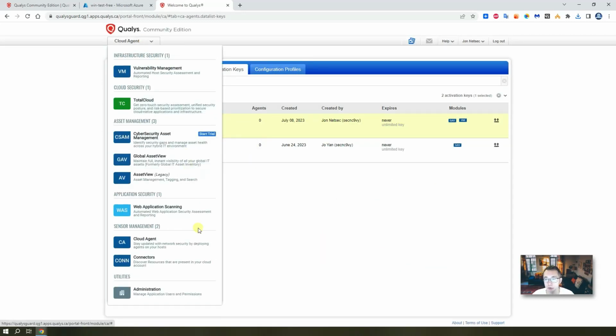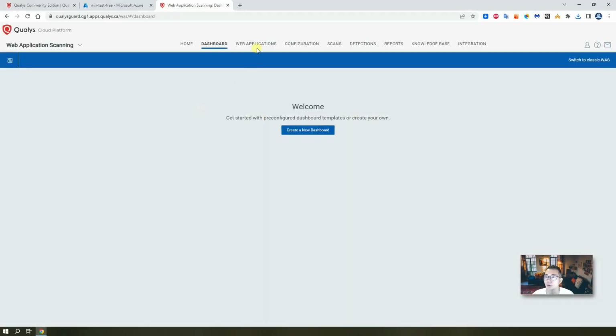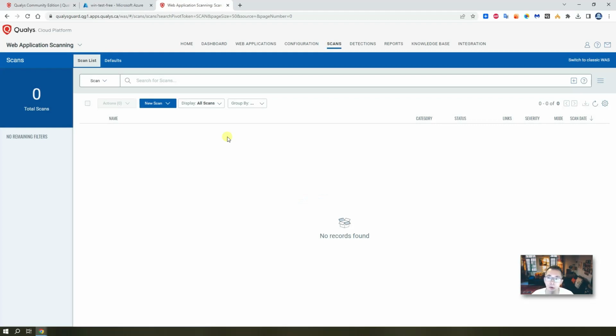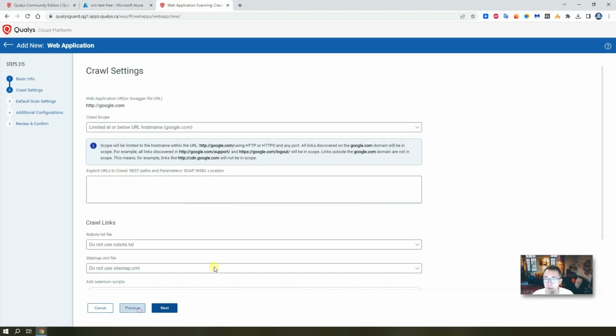If you have other modules you want to try, such as web application scanning, we can also quickly launch it. If you want to do a quick web application scan, it's very simple as well. Go to the web application tab and create a new web application. Let's say we want to scan google.com. Then we type google.com. Next,